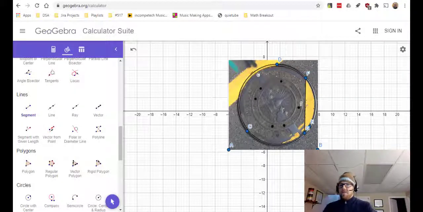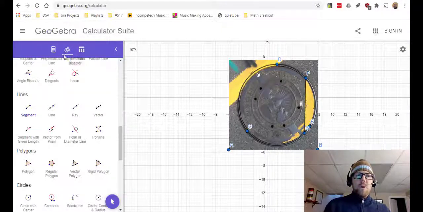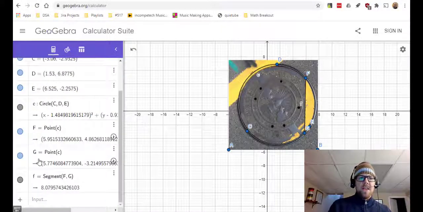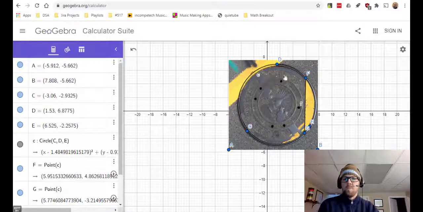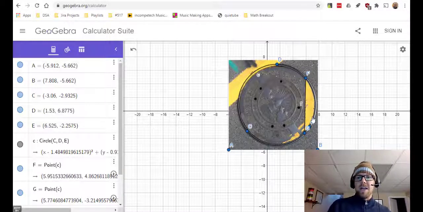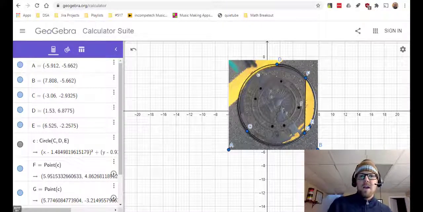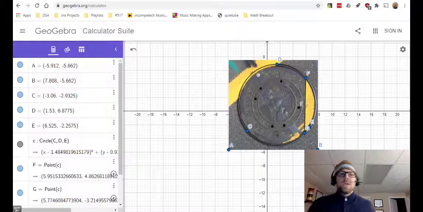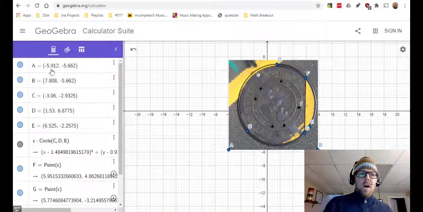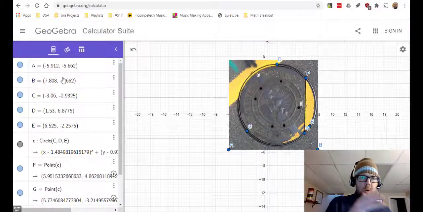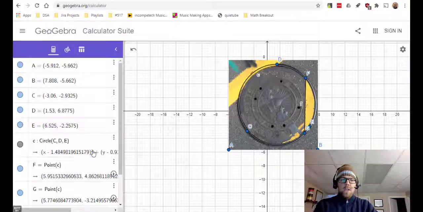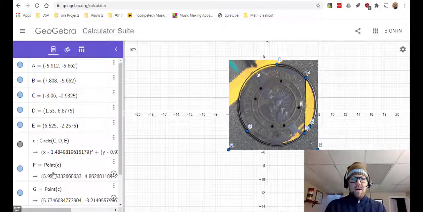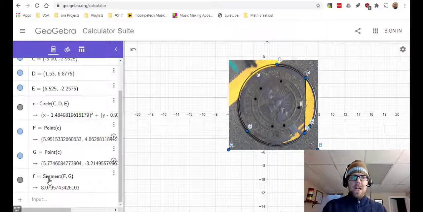Okay, now you notice that if we go back over here, it's listing all of those things here. So in addition to giving us all these points that are plotted, keep in mind what's going on behind there, it's still a coordinate plane. So it is documenting all of the ordered pairs for the points that I've put on there. It's also got the equation for the circle that's on there, and the points that I put on the circle,